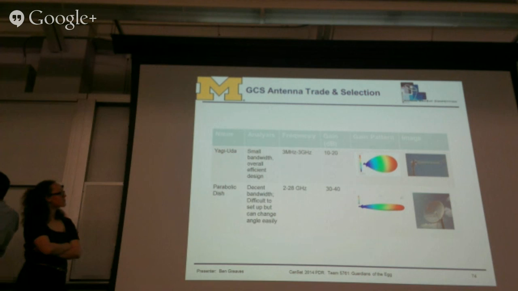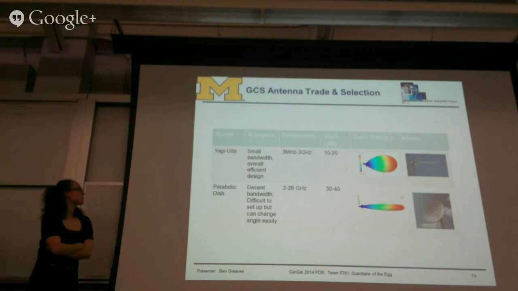I believe both of them are around $50 to $80. So we're doing a couple more calculations. If we could choose a parabolic dish, that would be nice to give us a little bit more range. However, because it is more narrow, we would have to work on making sure that we change the angle as the science vehicle falls to make sure that we keep